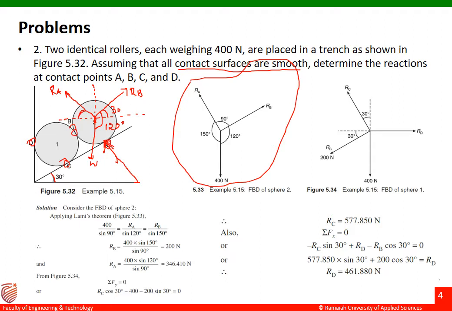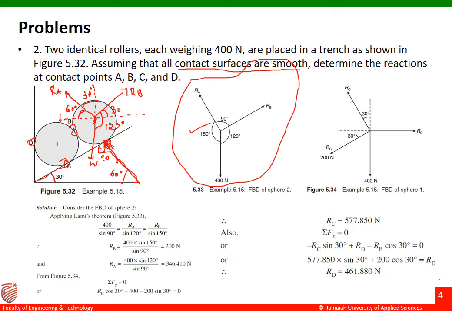In order to find this angle, let us draw a triangle like this. So this is my triangle. In this case, this is my 90 degrees. This is 90 degrees. This is 30 degrees. This will be 60 degrees. If this is 60 degrees, this will also be 60, and this will be 30 degrees. The total angle between RA and weight is 60 plus 90. You'll get it as 150 degrees. This is what is written here.